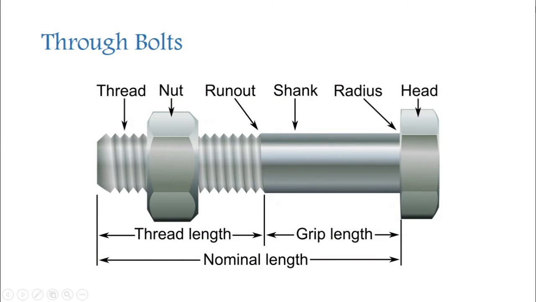The through bolts are used under the following conditions. Let's see what conditions they are used in industry. The first condition is the parts that are fastened have medium thickness, for example plastic, flange or beams, and space is available to accommodate the bolt head and the nut. The space should be available to accommodate the spanner to tighten the nut.